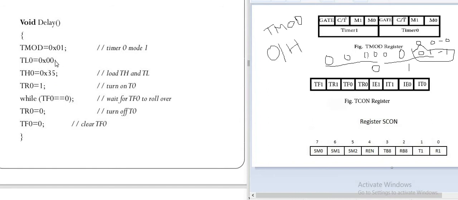So this one data we have to calculate, and it depends upon what kind of value is given in the program, but in our program no value is given. So you can take any one value over here, because there is no mention of what kind of delay or value of the delay is to be calculated. So you can use any one, TL0 TH0, आप यहाँ पे कोई भी ले सकते हैं वैल्यू.